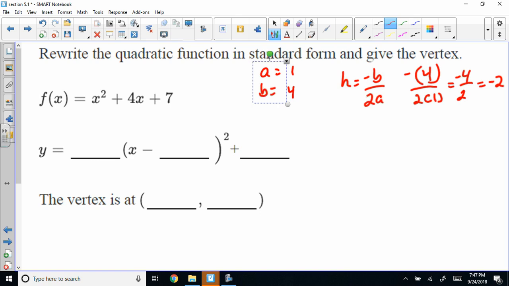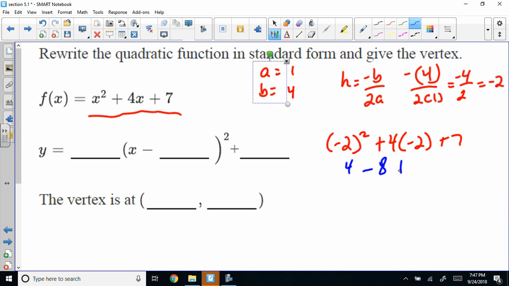Okay, so we're going to take this negative 2 and substitute it back into this equation. So negative 2 squared plus 4 times negative 2 plus 7. Ladies and gentlemen, that's 4 minus 8 plus 7. So that is negative 4 plus 7, which is, ladies and gentlemen, 3. So I have an h that is negative 2 and a k,